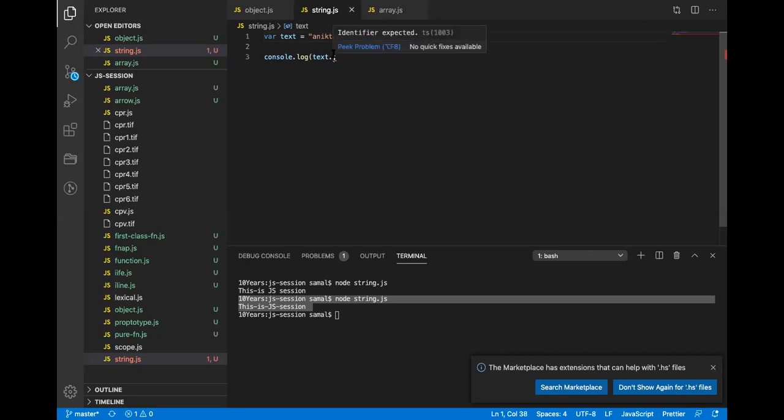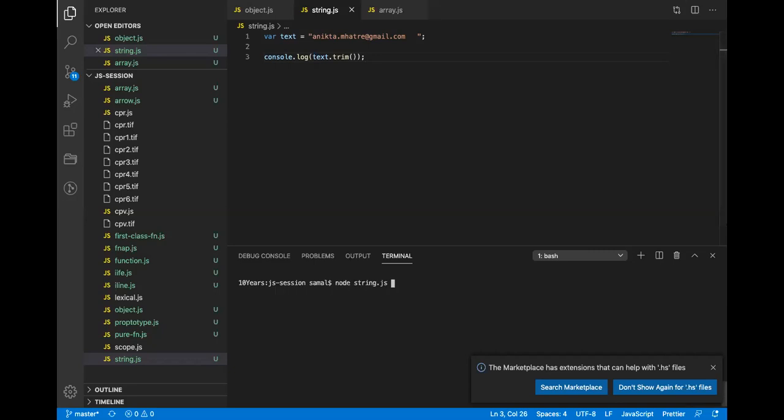Now, because you want to normalize the data, in the database you don't want any corrupted data, because if I try to evaluate this, it is not an email ID. So again, we trim out the space. Trim removes space from both places. If I run this, you will see it trimmed out the space. Even if I add a space here, it will trim it out. It does not trim the space between the two texts, but it will trim the space from the two edges. Trim is very heavily used when we operate on a string.